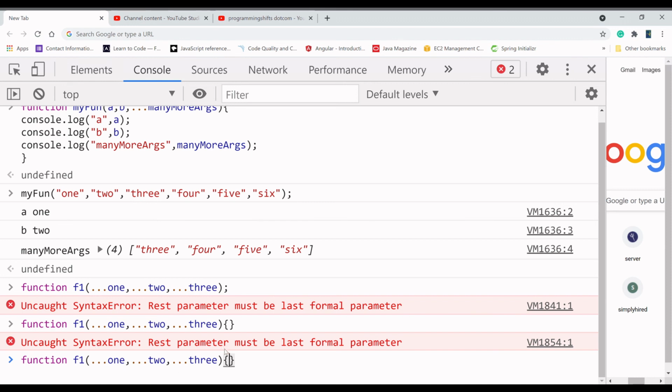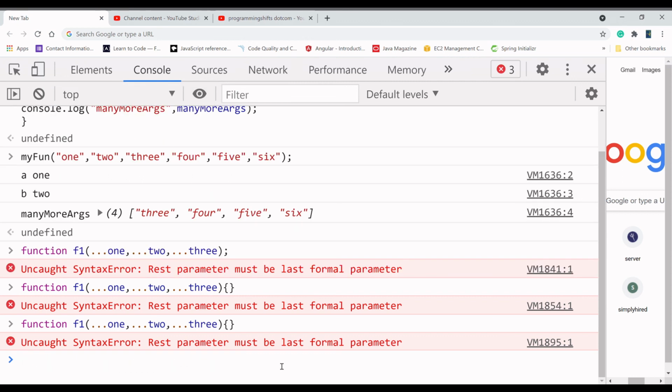The rest parameter must be the last formal parameter, okay? I remember I took f1, f2, f3 and you calculate inside the function. If you write it in this way, this is not the correct way.